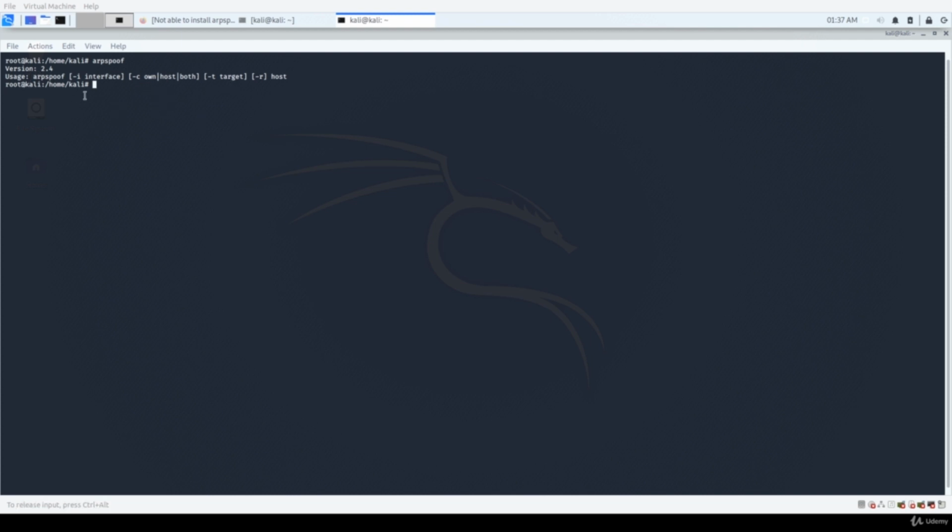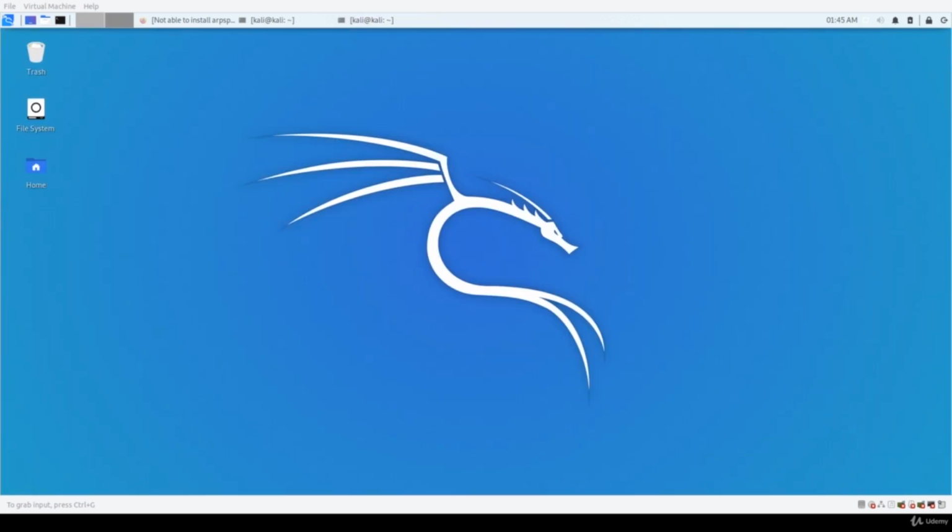We will see in the next lecture how to use it, but if you write arpspoof and then press -h, it will tell you how to use this module. Okay, in the next lecture we will learn how to use it. Okay, so now we are ready to do ARP spoofing, but before doing this we need to set up some